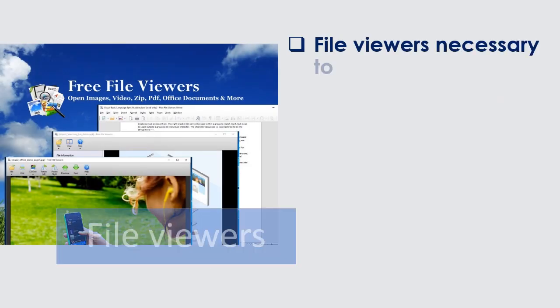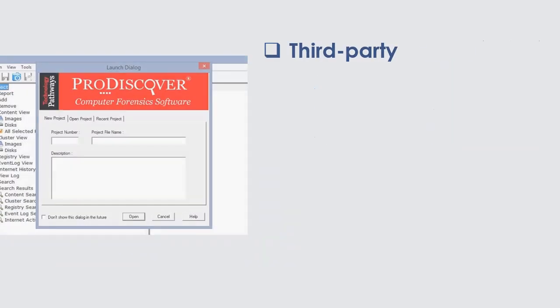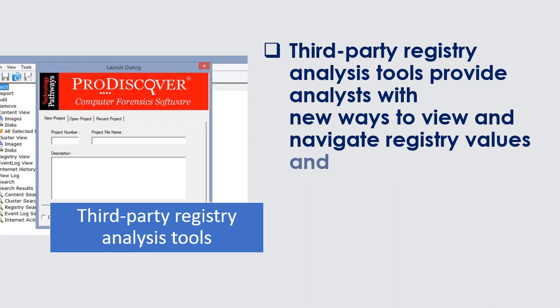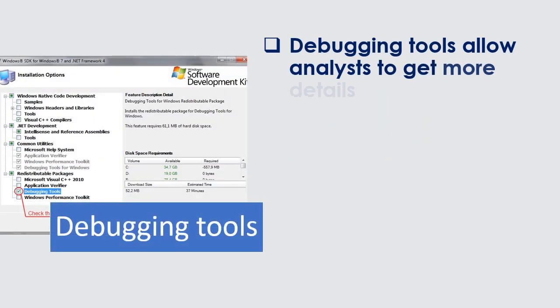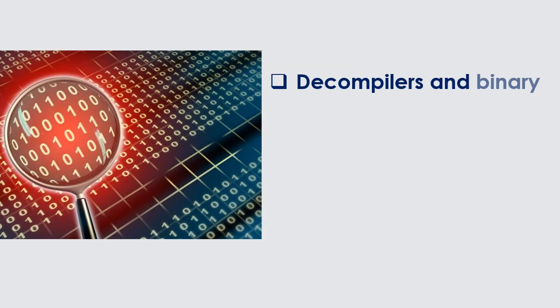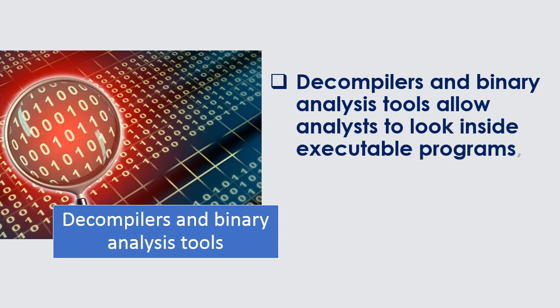File viewers are necessary to view files that have different formats, extensions, or compression types. Third-party registry analysis tools provide analysts with new ways to view and navigate registry values and changes. Debugging tools allow analysts to get more details than default reports or logs. Decompilers and binary analysis tools allow analysts to look inside executable programs, at the code level, and to find anomalies